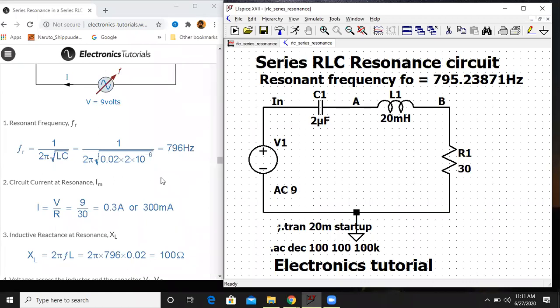So 1 divided by, you all also please verify, 2 pi square root of L, where L is around 220 millihenry and the capacitor is 2 microfarad. And click on, you can calculate this. So theoretically, I'm getting a value that is 795.77 hertz. Are you all getting a similar number?